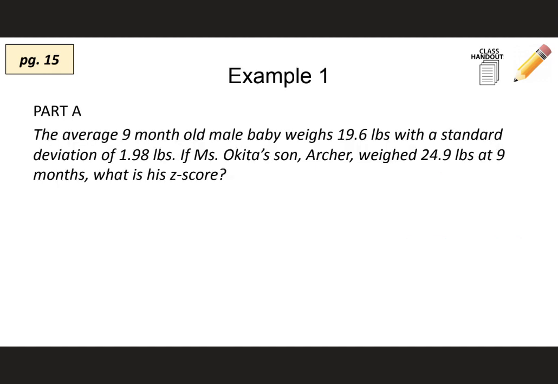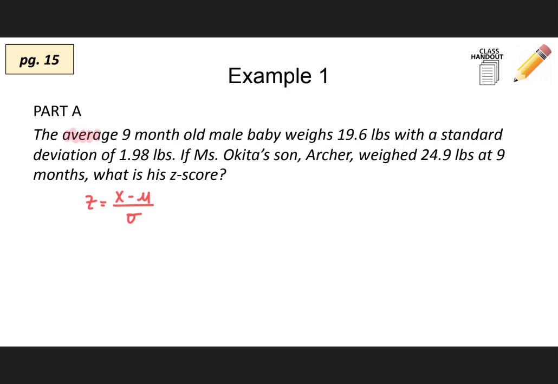All right, so let's take a look at an example. It says the average 9-month-old male baby weighs 19.6 pounds with a standard deviation of 1.98 pounds. If Miss Okita's son Archer weighed 24.9 pounds at 9 months, what is his Z-score? Remember that the Z-score formula is X minus the mean divided by the standard deviation. So filling in what we know here,